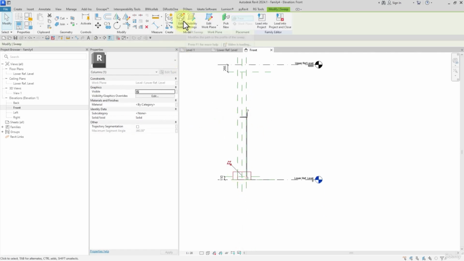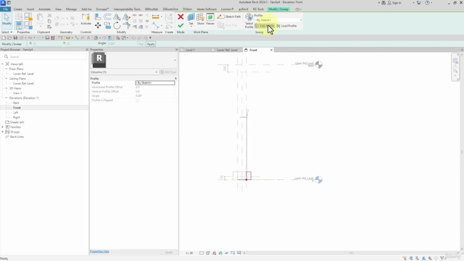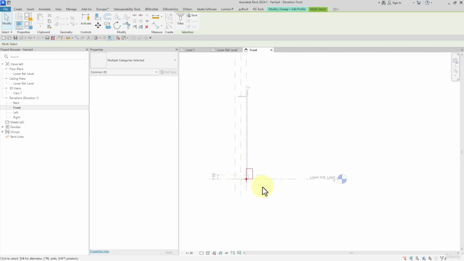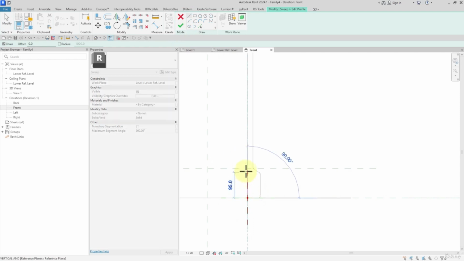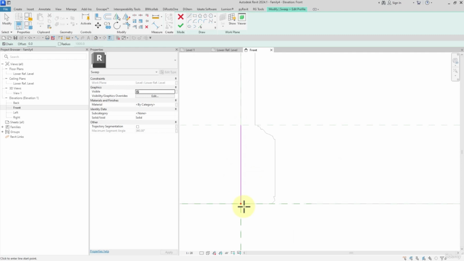Afterwards, I want to edit this. Edit, select profile and edit. Then I delete the box here. Then I pick line, and watch this, or using pick line,